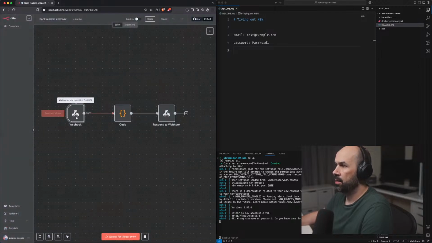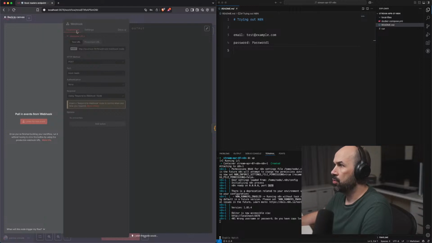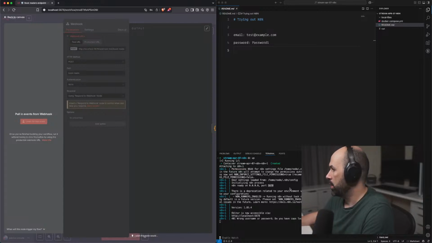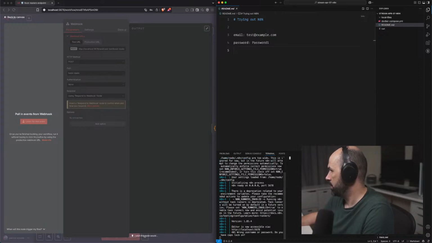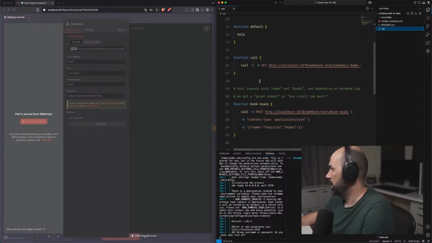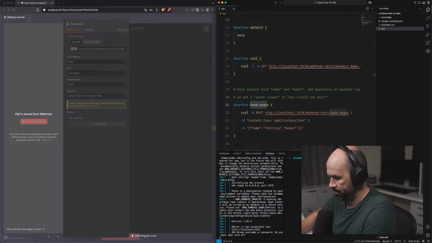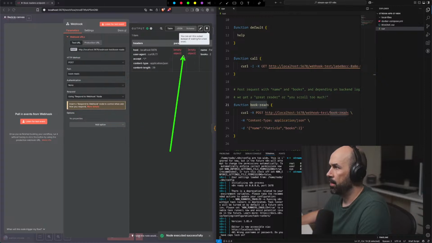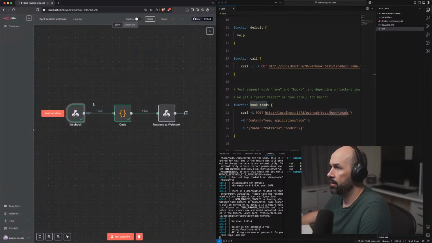So it cannot execute previous nodes because it needs data, right? Well, it doesn't matter because we are just going to run it. I'll open a new one and we add our call. Yeah, run book reads. So we ran it and bam, it detected, right?